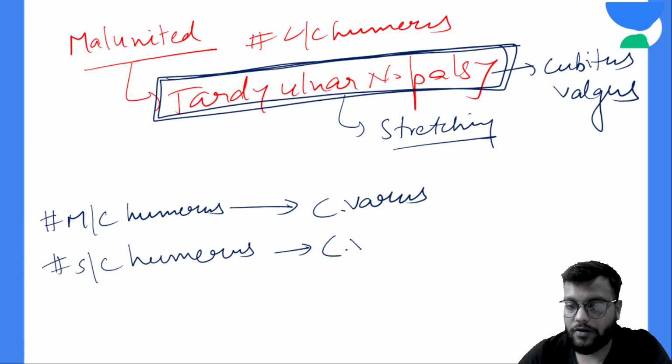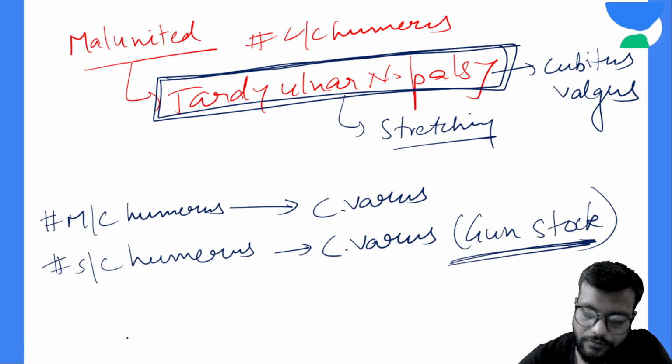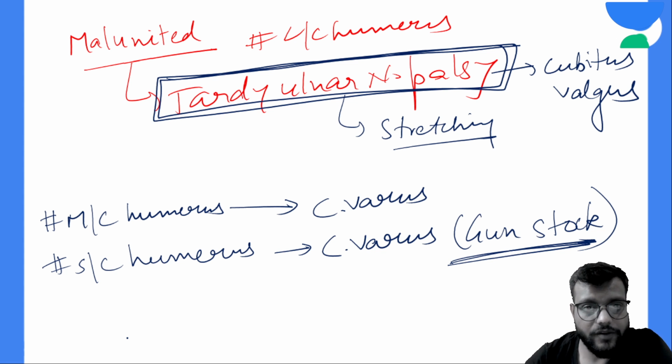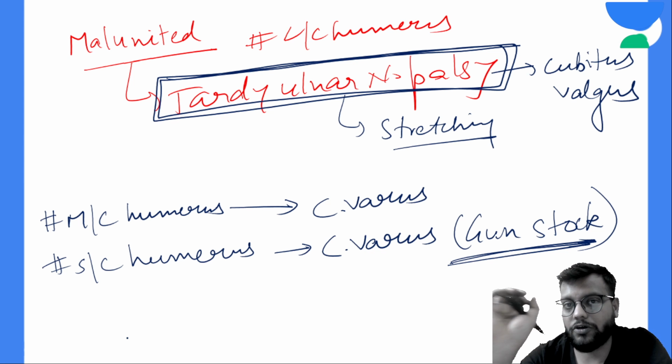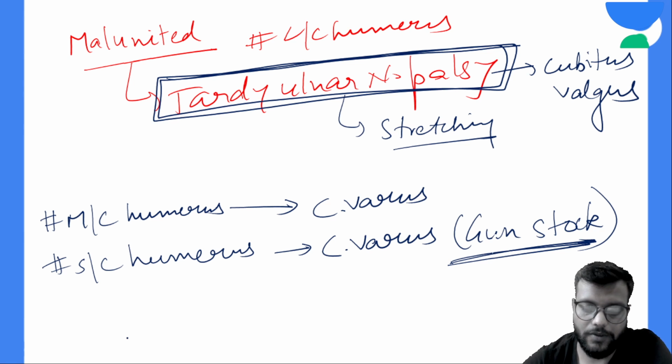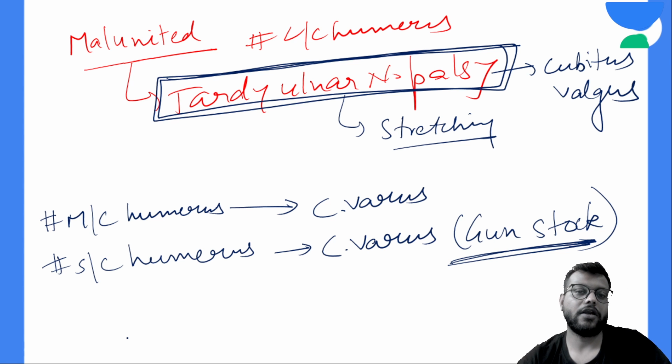Okay, remember this. In the correction of these deformities, basically you don't need to correct them, physiotherapy etc. is enough, because there will be no limping as in the case of the lower limb. But if they are more intense, limiting the function, causing pain, etc., then you have to go for surgeries, which are called osteotomies. And in gunstock deformity, you do the French osteotomy. Okay, in gunstock deformity, you do the French osteotomy.